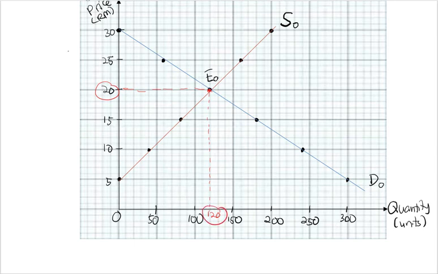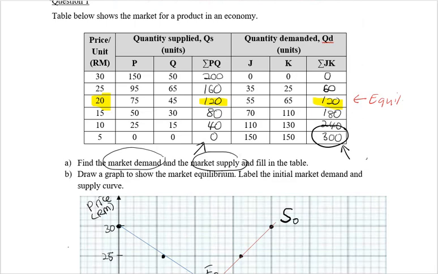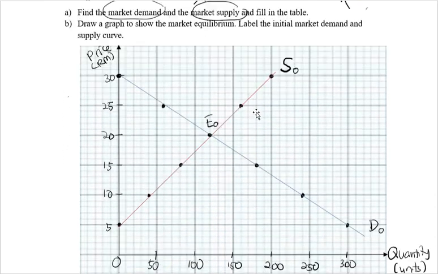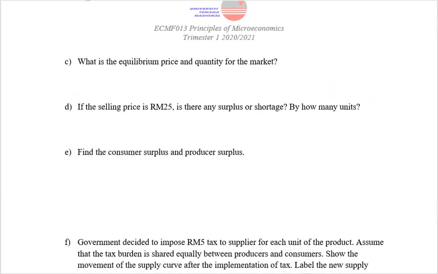So you can do both from the table or you can find from the graph. Okay, so your answer here is supposed to be equilibrium price is RM20, equilibrium quantity is 120